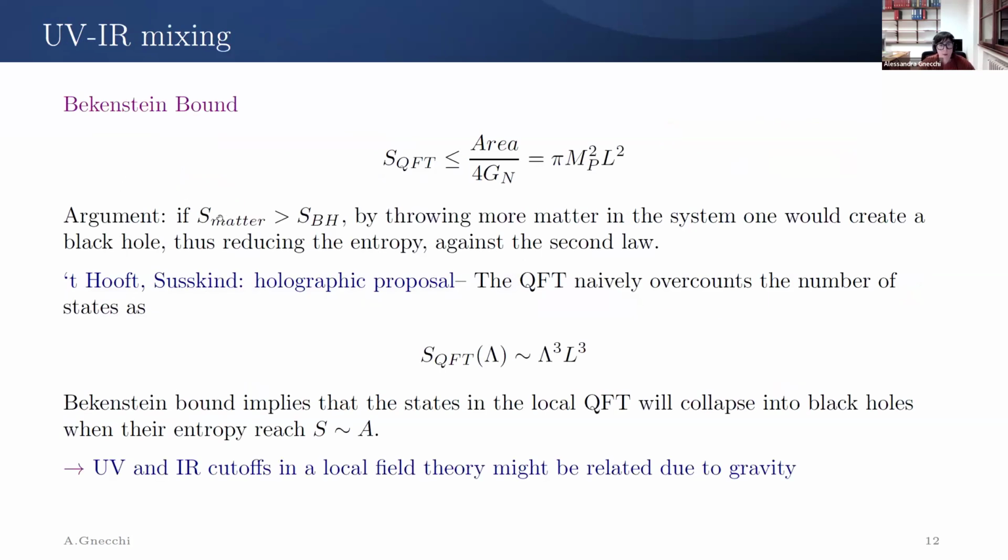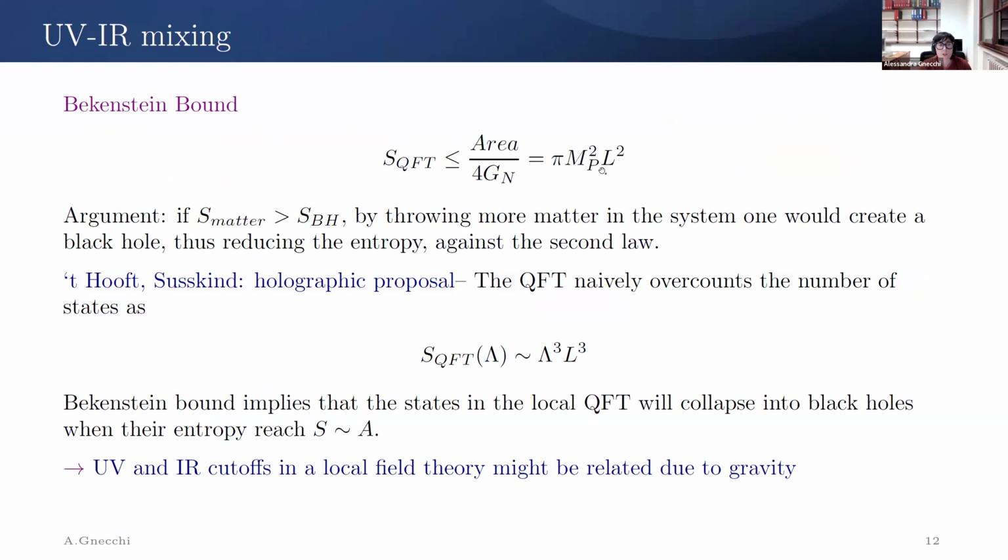And why is it possible? How can we get constraints on the low energy theory from the UV? Well, this is due to the UV-IR mixing that happens, and we already know this happens even before string theory, when we deal with an effective field theory and we start including gravity. Let me give you an example. We know the Bekenstein bound. I hope if we don't know, this is the Bekenstein bound.